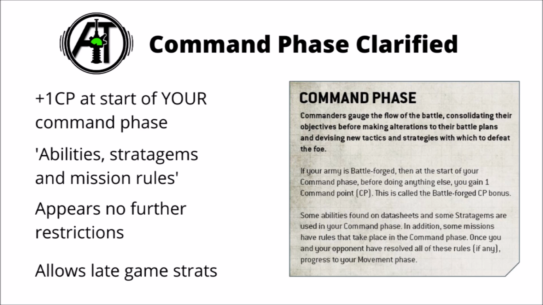Basically, if your army is battle-forged, then at the start of your command phase, you gain 1 command point, which is called your battle-forged CP bonus. To me, this implies that it's the command phase on your turn, but I guess we're not 100% sure of that. Both players might get a command phase at the start of every turn for all we know. I'd guess though that it's probably just going to be once a turn,